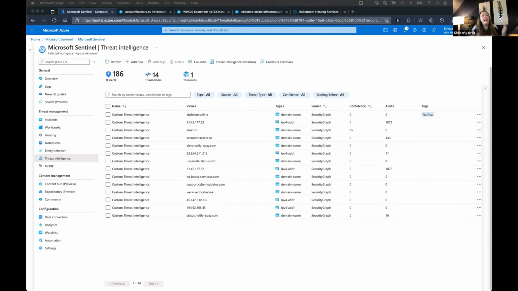I would just want to ensure that from here on out I've got those analytic rules set up that will make sure that anything I have added to my custom threat intel is going to be queried against the specific data sources that I specify. And then potentially in the future, generate new alerts and incidents for me to go in and do my investigation on. So this kind of wraps up an example threat hunting scenario where I'm really just trying to illustrate how you can use these predefined queries that we're already building out for you in conjunction with the existing threat intel that you can read about within Illuminate in order to identify threats that are specifically relevant to your network.